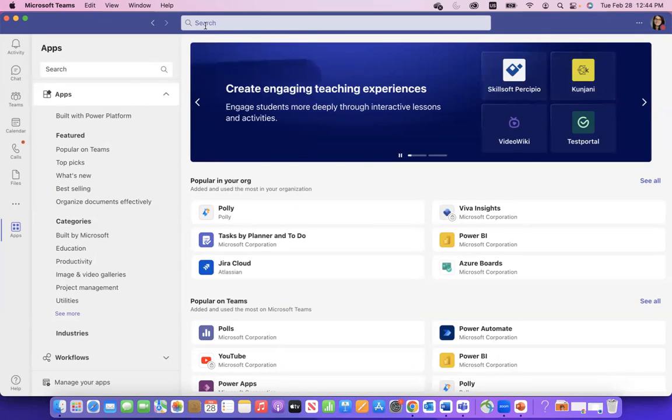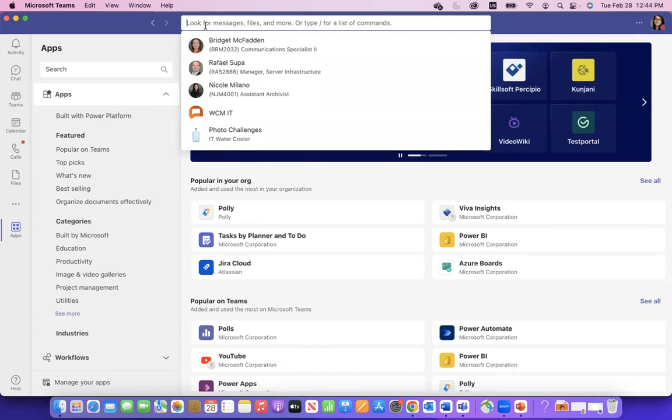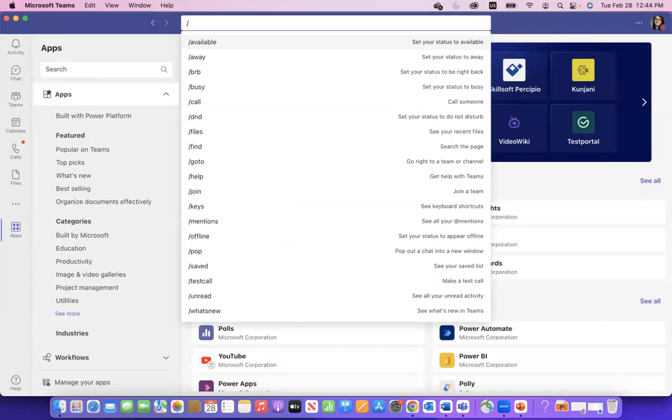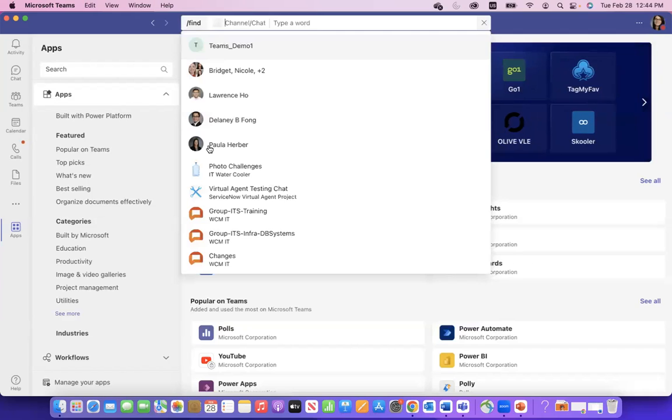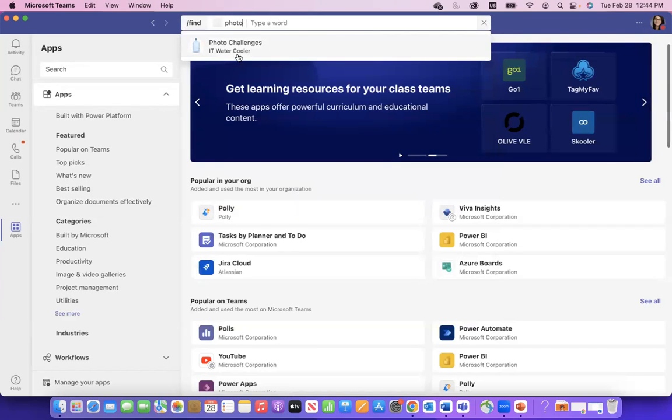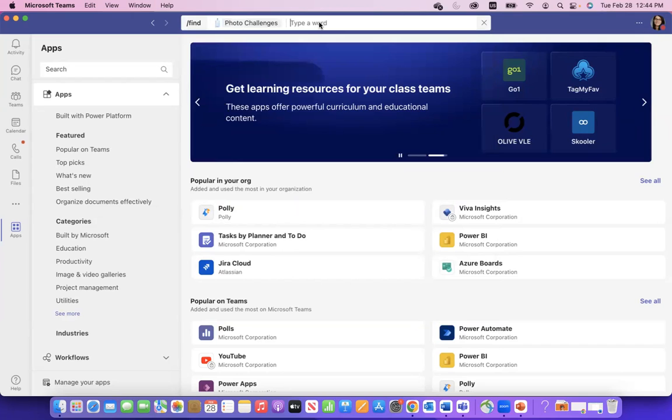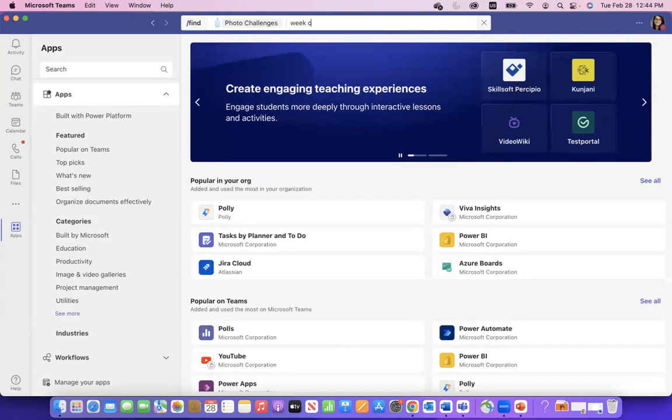Oh, really quickly too. One thing that's really helpful in Teams, because there's so much going on, is shortcuts. And the way you can access that is by hitting \. And these are a whole bunch of commands that you can do in Teams to kind of quickly find things you need. So for example, I'm on like a million chats right now. But if I wanted to find something specifically, I can use this command, for example, find. And I'm going to go into a team that I use a lot where we do photo challenges. And I'm going to look up the phrase week of, because every week we have a new photo challenge.